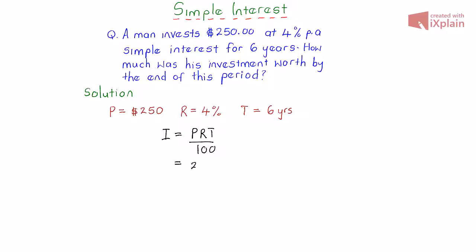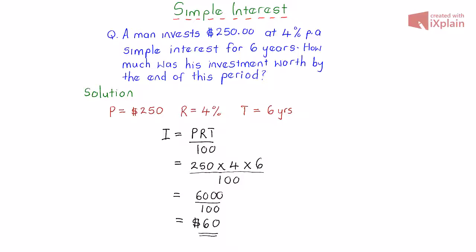and for me now to calculate the interest, my principal is 250 multiplied by the rate, that's 4, times the time, that's 6 years, and we divide by 100, right, like that. And if I simplify this, then the numerator here, 250 times 4, that's 1,000, by 6, that's 6,000. So I have 6,000 divided by 100, and so my interest is going to be $60. So we have $60 for the interest,